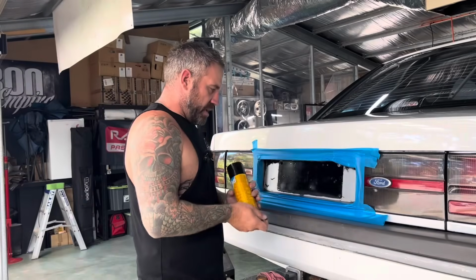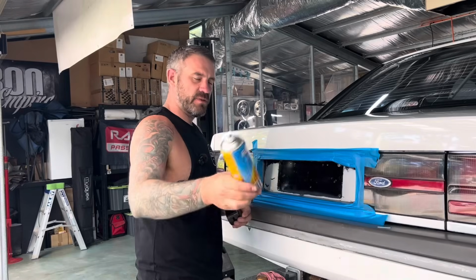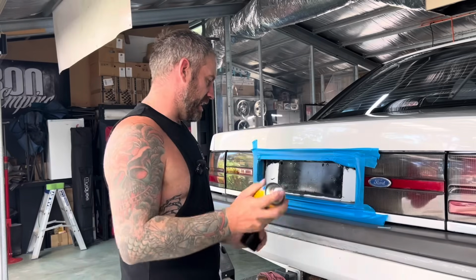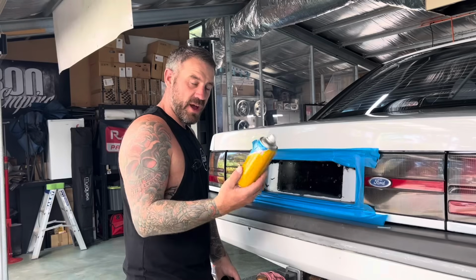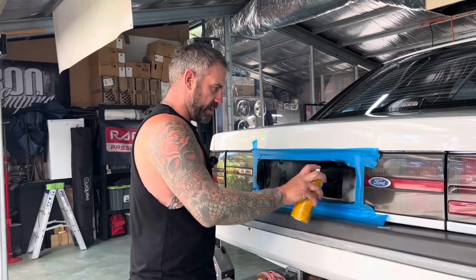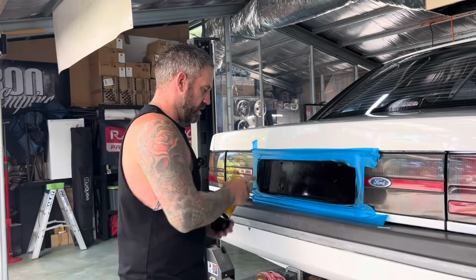All right, now this boot garnish has to get a lick of paint. I've given it the quickest mask up. That's all we need. Hitting this with Fiddly Bits. You get this from Bunnings. It is actually a PPG brand. I'm not sure if it's their leftovers or what, but it's a really good result. If you just want a quickie and you don't want to drag out the spray gun, rattle pack special. You want the Fiddly Bits. Right, now,